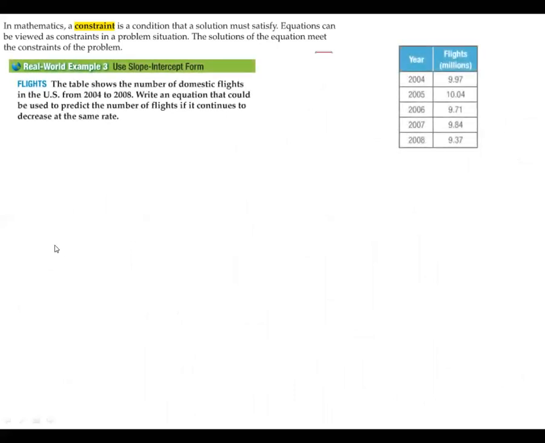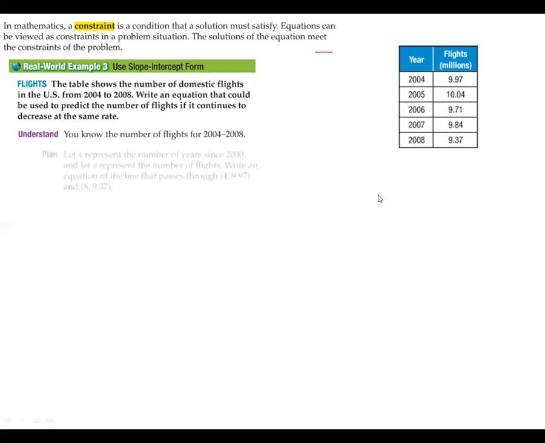So the table here is going to show the number of domestic flights in the US from 2004 to 2008. Write an equation that could be used to predict the number of flights if it continues to decrease at the same rate. Okay, so you know the number of flights from 2004 to 2008. So you could think of those as ordered pairs. If I let x represent the year and y represent the flights,